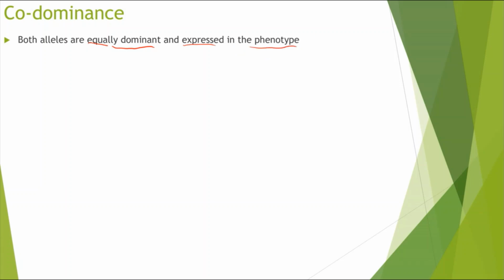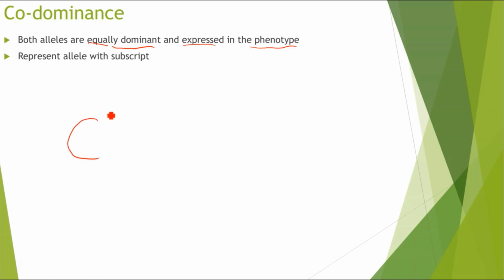Right, so now looking at codominance. In codominance, both alleles are equally dominant and they will both be expressed in the phenotype. And how we represent codominance, we have an allele with a subscript. So for example, let's say we were looking at the color for flowers. So if we have a black flower, we could say that the allele could be C, so C for color,